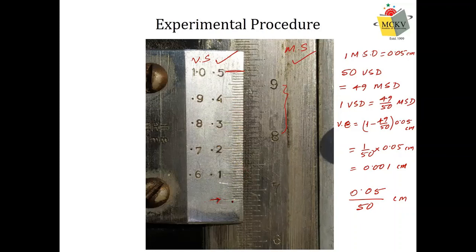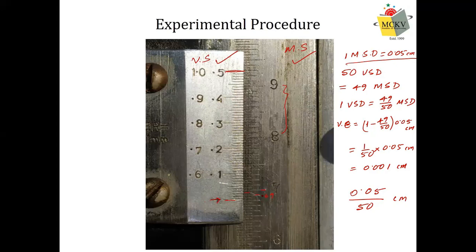What is the position of the first line of the vernier? So this is the first line of the vernier. Now check the position. This is 7 centimeter. So this will be 6.9 centimeter, because we know 2 divisions means 0.1 centimeter, and 1 MSD is 0.05 centimeter. So this one is 7. Next line will be 6.95 centimeter. So this will be 6.9 centimeter. This will be 6.85 and this will be